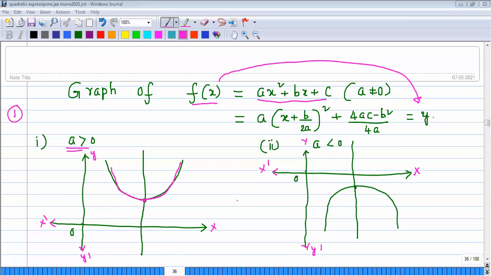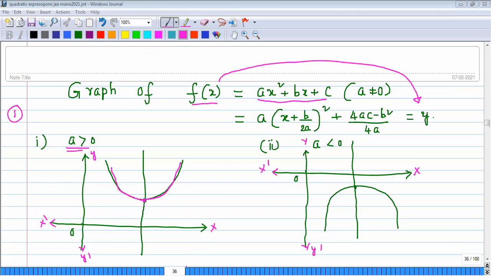And also one more observation we can make. These two graphs do not intersect or touch the x-axis. Am I correct or not? Yes, sir. Since these two graphs do not intersect or touch the x-axis, they do not have real roots. The f of x is equal to 0 does not have real roots. So obviously we can say that b square minus 4ac will be less than 0. It is the discriminant from this graph.